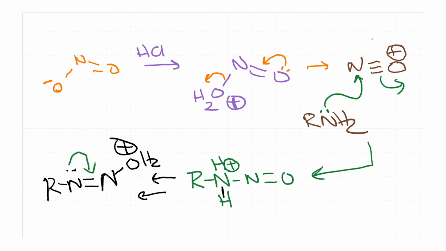So this is going to move here, and there's a loss of water, and you get the N triple bond N plus. If you look at any standard textbook in organic chemistry, you will be able to look through the mechanism of this diazotization reaction. The important thing about diazonium ions is that you can use them for a variety of reactions. So once you generate these diazonium salts,